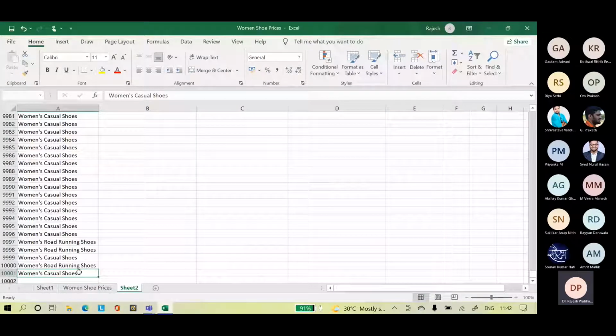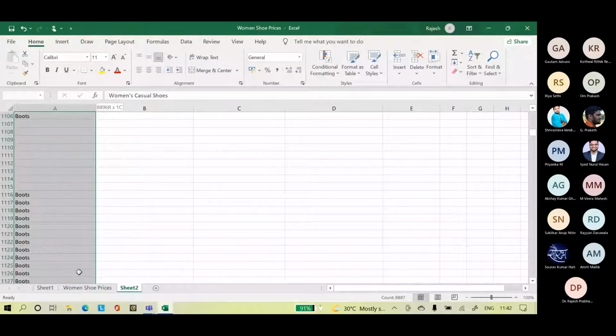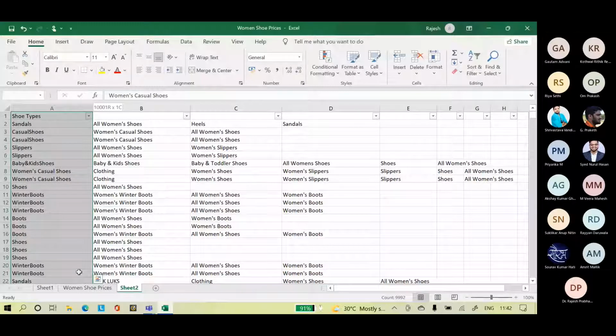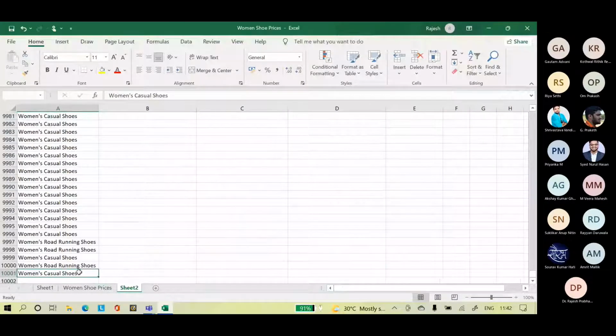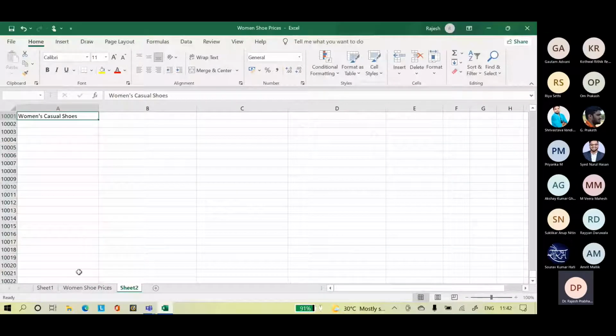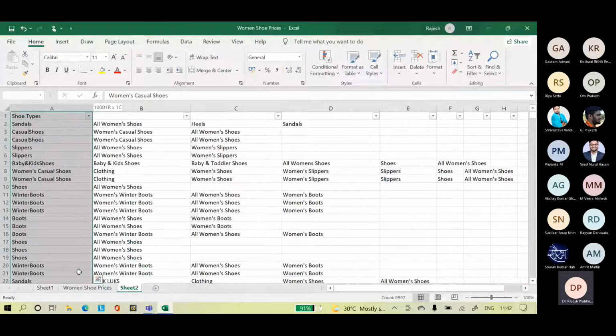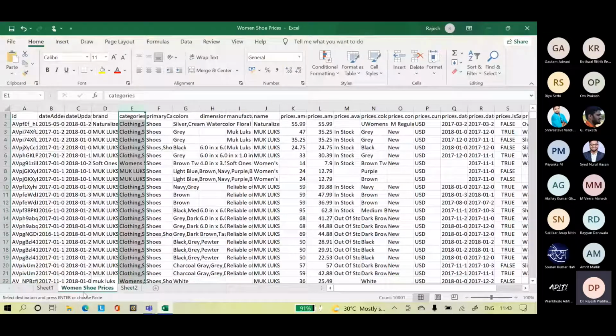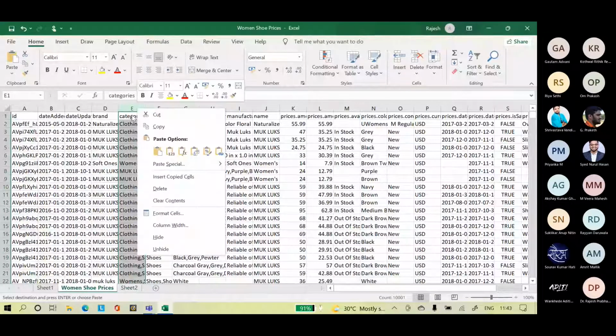Now we have missing value rows also. In between we have some missing value rows. That's right. Okay, no problem. Control C. I'll copy this, go to women's sheet, insert, copy cells.